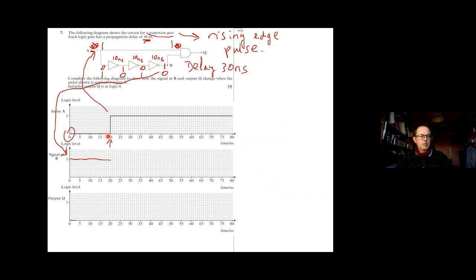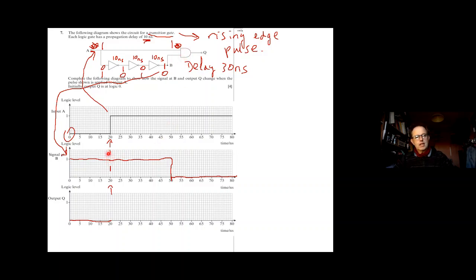Okay, so there's the input, it's changed high. So the signal at B, when this changes, is going to take an extra 30 nanoseconds before it changes. Okay, so if you've got 0 goes to 1, but that's going to take 30 nanoseconds after that change before the signal B will change. Now, if you're looking at what's going on at the output there,